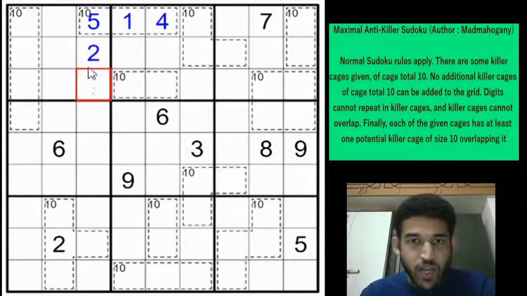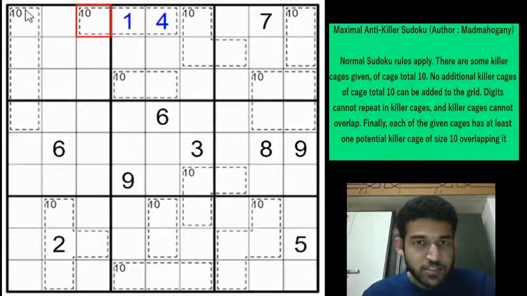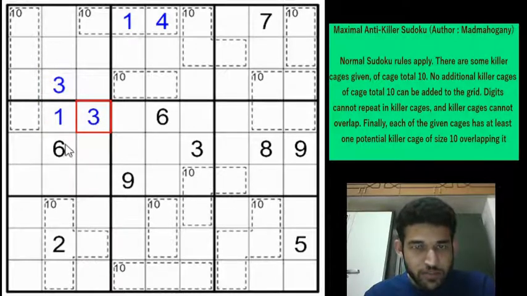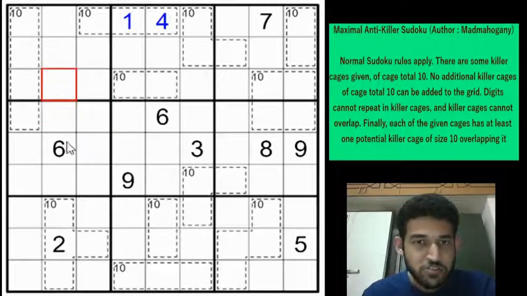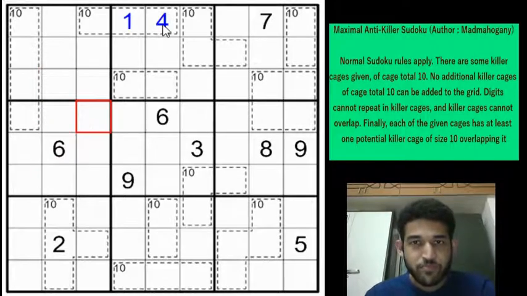Right? And one more rule is we cannot have any other cage in the grid which is not overlapping with the given cages and which sums up to 10. So for example, if you have a 6 here, you cannot have, for instance, a 6, 1, 3, because both of these sum up to 10 by going in horizontal and vertical directions and they are not overlapping with any of the given killer cages inside the grid. So this situation is not possible as per rules. So these are the rules. With that, we'll start solving the Sudoku.